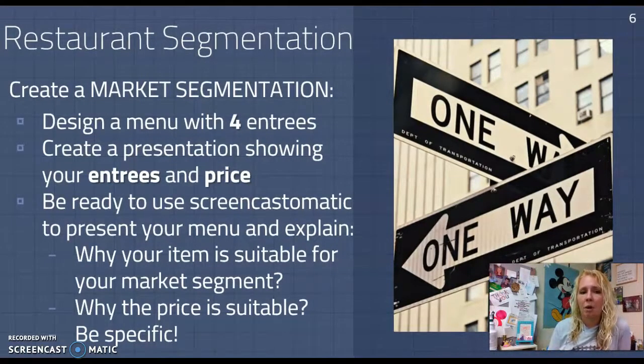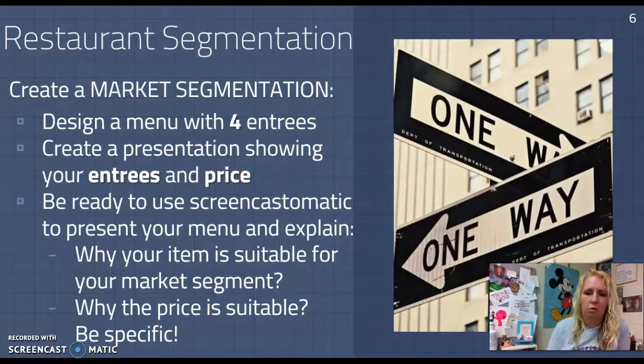And I want you to create a market segment for a restaurant. You can pick any target market you want. Okay, but I want you to be very clear and specific in your target market. You cannot market to everyone. Your market cannot be so broad that it's for everyone. You have to have a clear-cut target market. Okay,